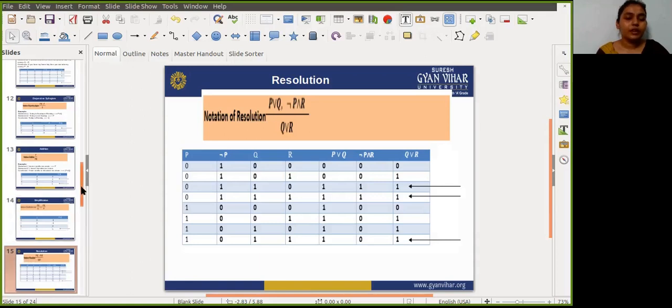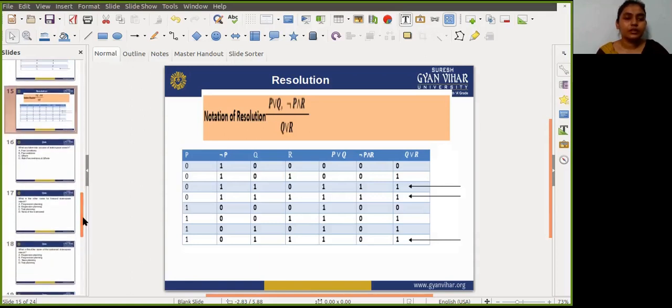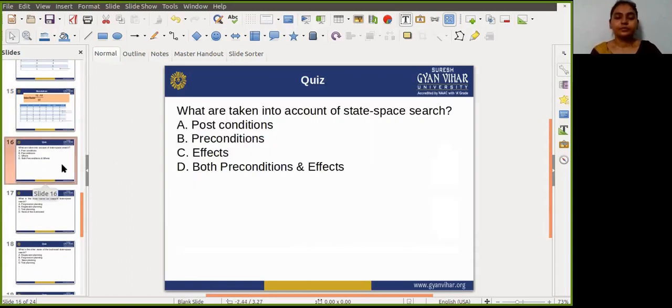So guys, in today's lecture, we will learn about this. Okay, we will learn about all the inference rules and all the things. Okay, so here is your homework, which you have to do after learning this lesson. Okay.